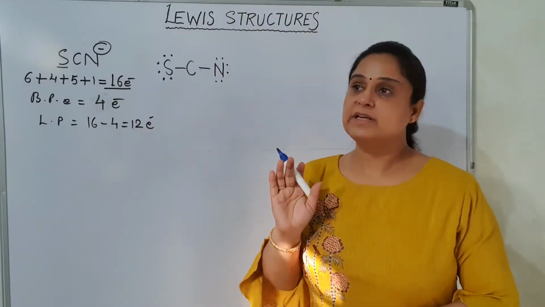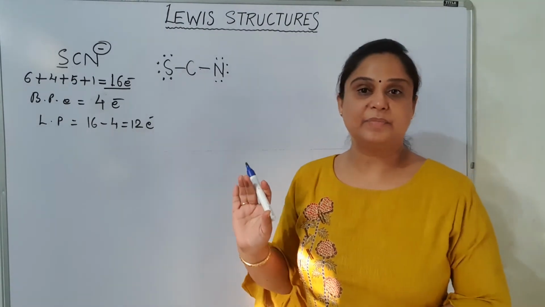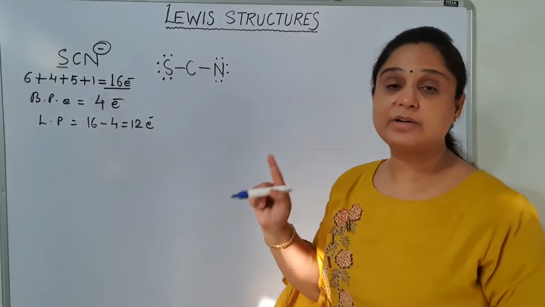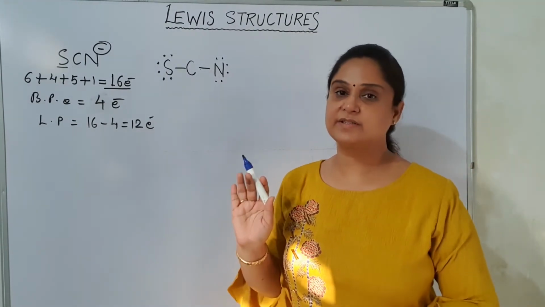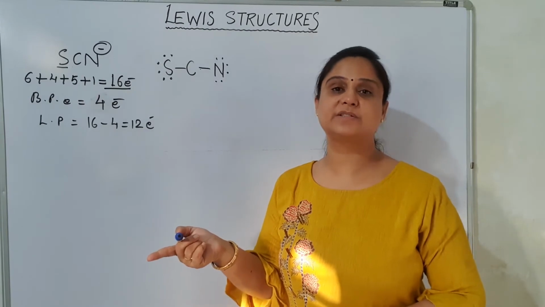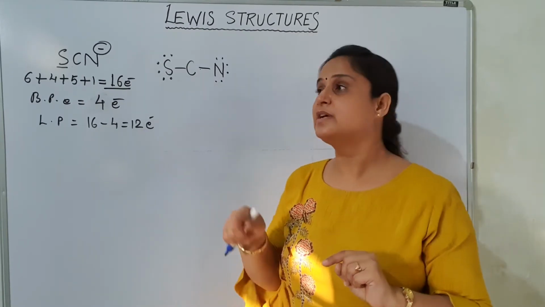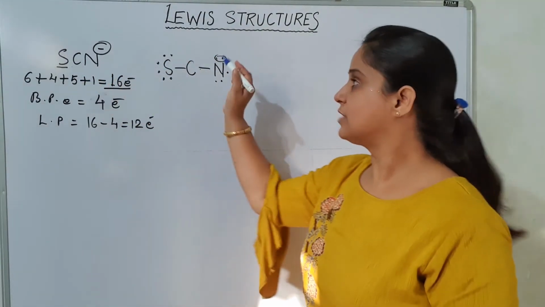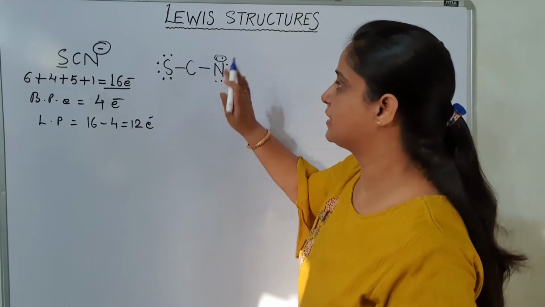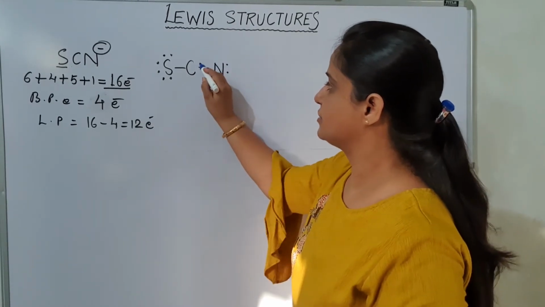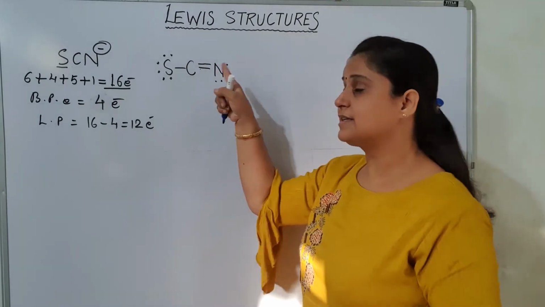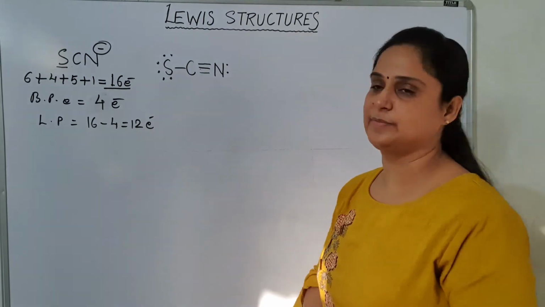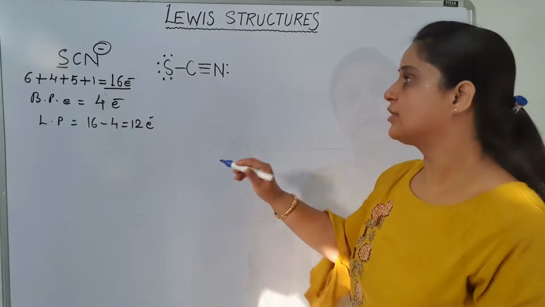Now look at nitrogen and sulfur and see whether their octets are completed or not. And their octets are completed: 6 plus 2, 8. 6 plus 2, 8. But look at the carbon now. Carbon does not have its octet completed. So I have to complete its octet by shifting electrons from the nitrogen, or I can go for sulfur also. So I am shifting this lone pair of electrons between the carbon and nitrogen. So this is a double bond here. Still it is not satisfied, so I am shifting this lone pair also. This is one possibility.